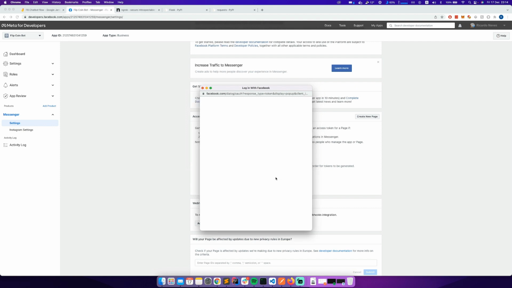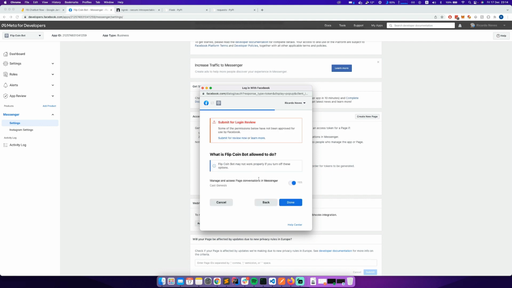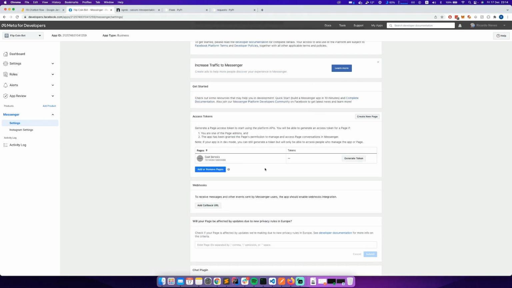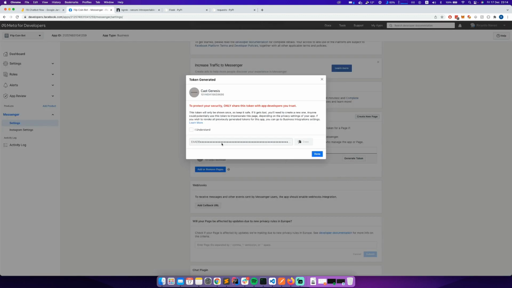I will also have a page created. It's called Genesis. So you can use this page, I will use this page, or you can use another one. And if you don't have one, you need to create it. And then you need to generate a token. And you should copy this token because you wouldn't be able to see it again. So I'll copy this token